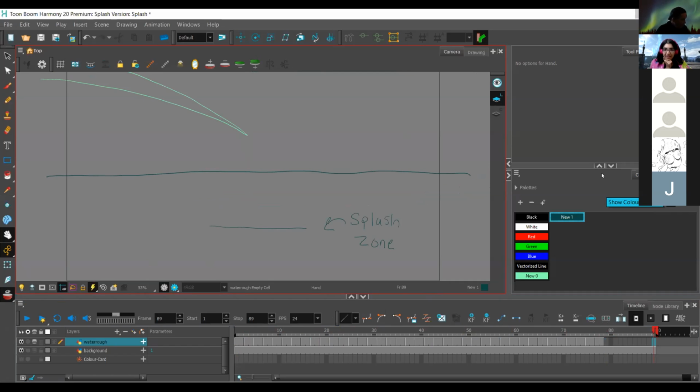All right, so this is for your final. Oh no, this is just my water splash. I just need to figure out the splash, and then I'll be done with that. All right, so